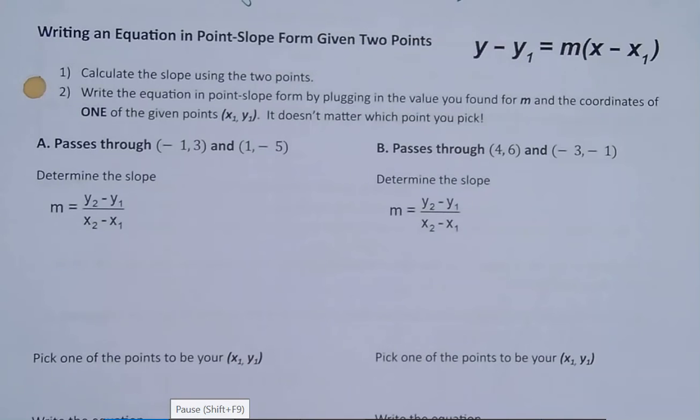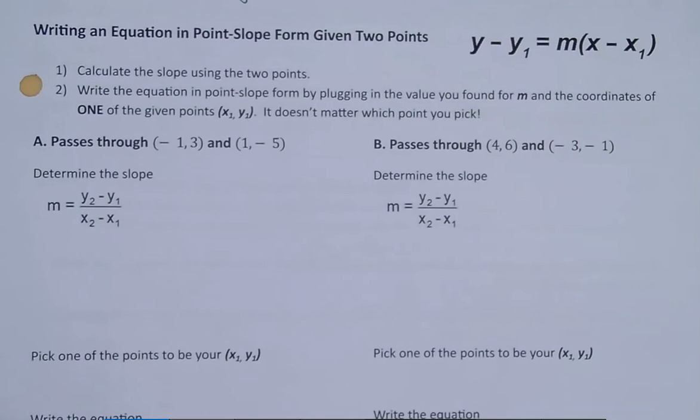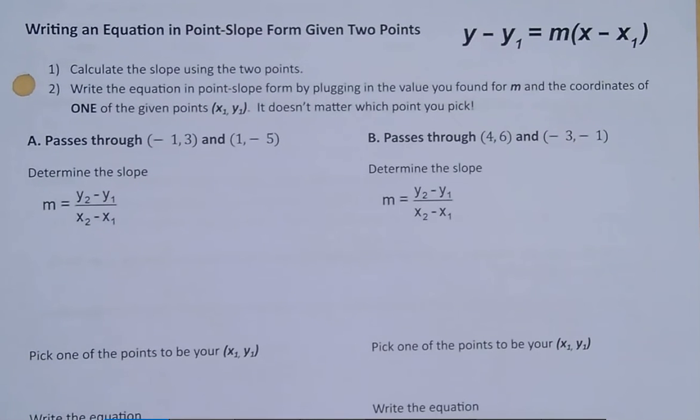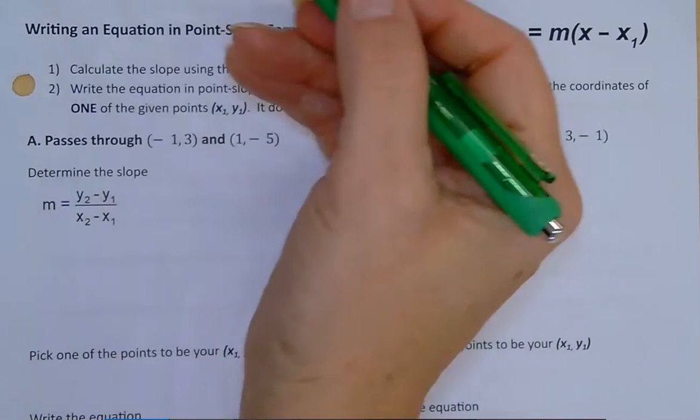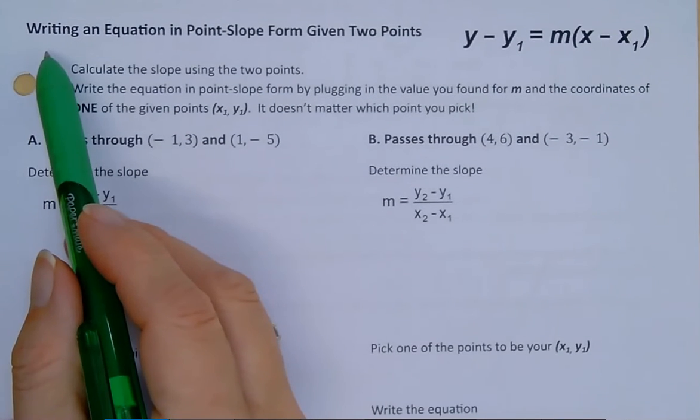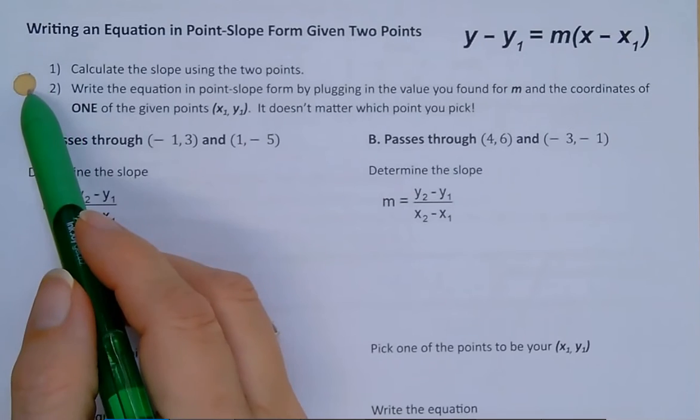We're looking at Unit 4, Day 3 notes. We are talking about how to use point slope form of a line. And this is our second video, so you can go back to that first video if you want. We're going to start partway through our notes where we are writing an equation in point slope form given 2